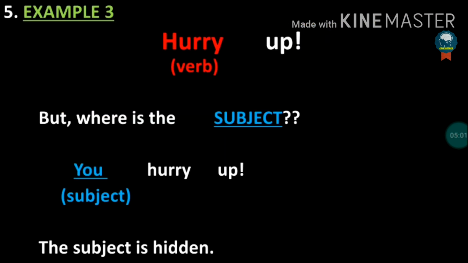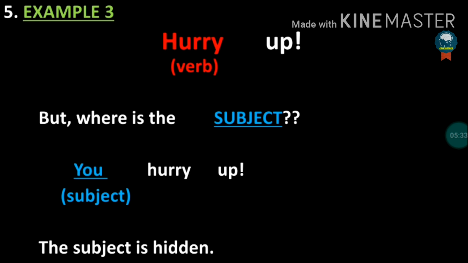Now let's talk a little bit about example number 3 which I have discussed a few minutes ago. Hurry up. जब हम किसी को hurry up बोलते हैं तब हम उस इंसान को कमांड करते हैं कोई काम जल्दी जल्दी करने के लिए, है कि नहीं? So hurry up means commanding a person to do some work quickly. Now let's come to the main point of discussion. I told you that hurry up is the example of a sentence. But how is it possible? We cannot see any subject here.